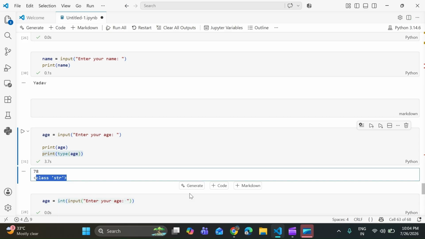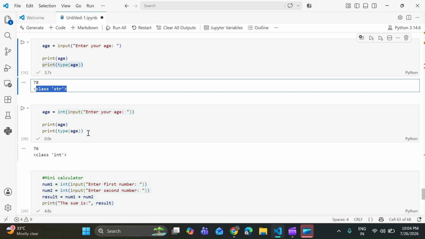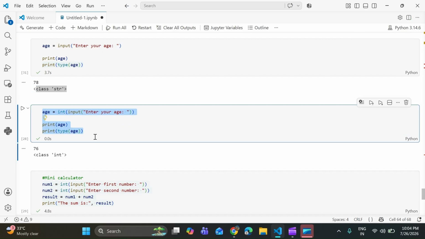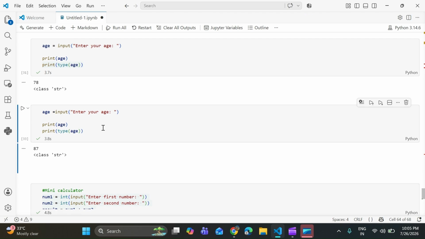That's why we use typecasting. Even if you enter a number, the input function will store it as a string. Here I already showed you how to write the program for typecasting while using the input function with int. If I just remove the int, it's a string.